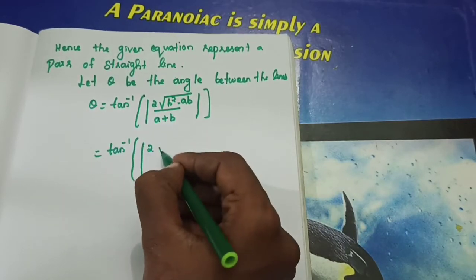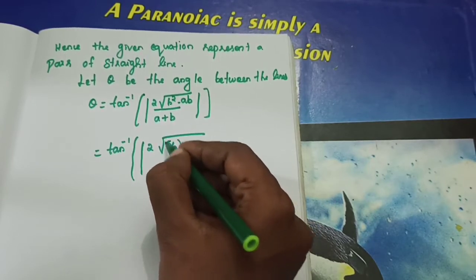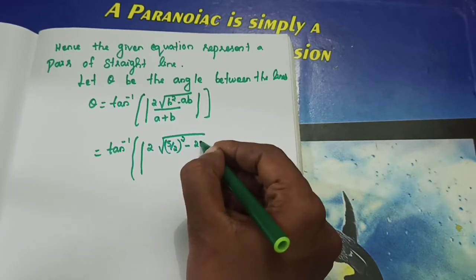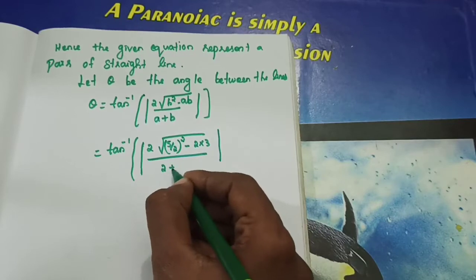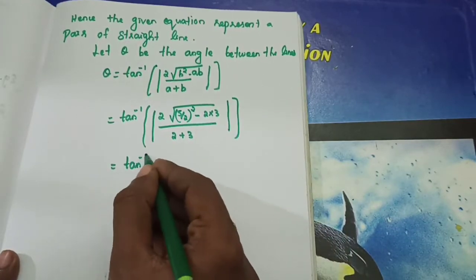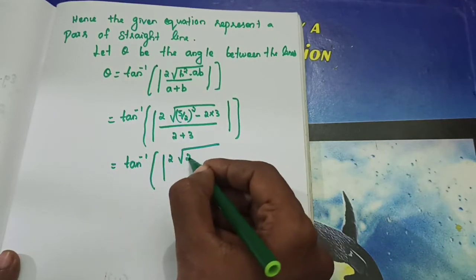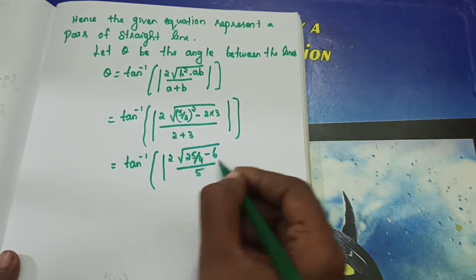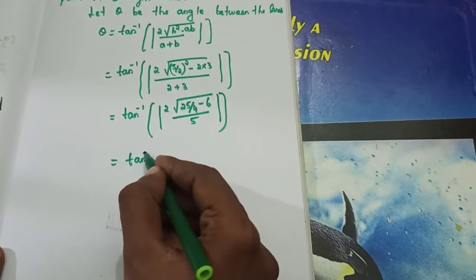So 2 into square root of h square. So 5 by 2 is the h value. So h square minus a value 2, b value 3. So 2 into 3, modulus closed, divided by a plus b, 2 plus 3. That's equal to tan inverse of, find out, 2 square root of 25 by 4 minus 6 divided by 5, close. That's equal to tan inverse of